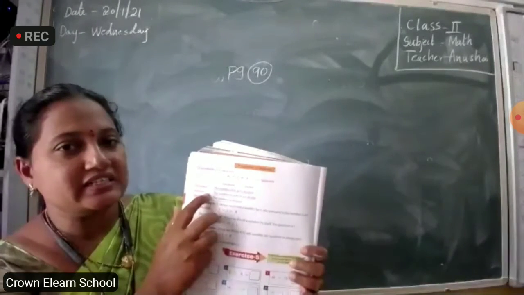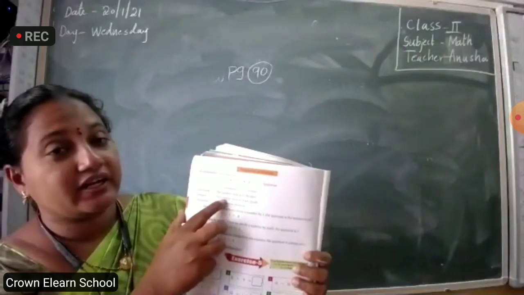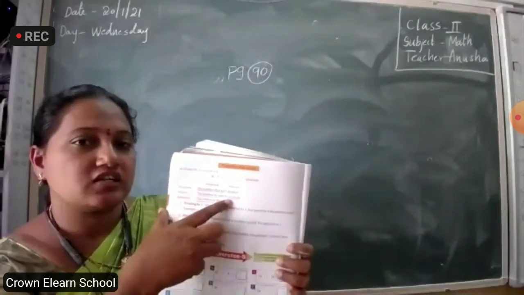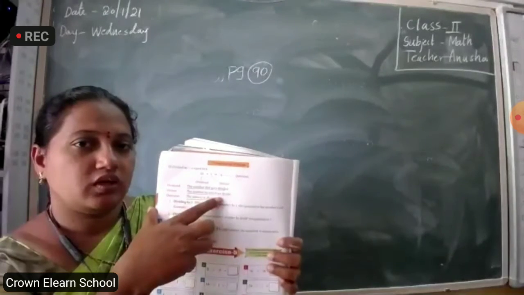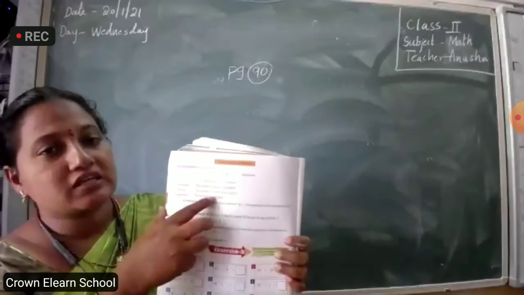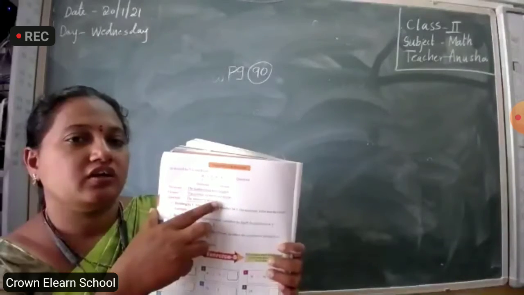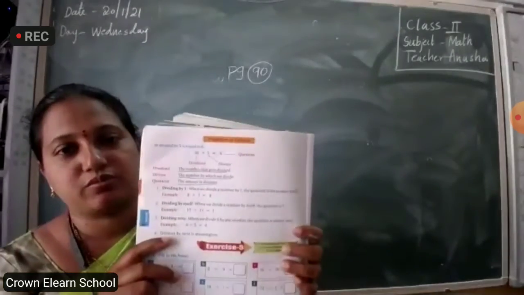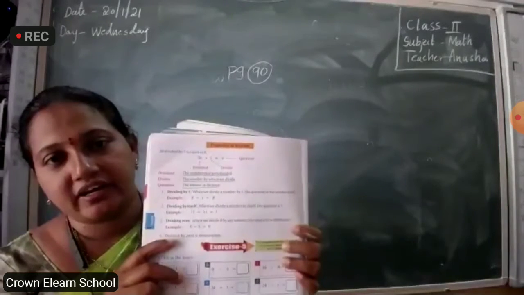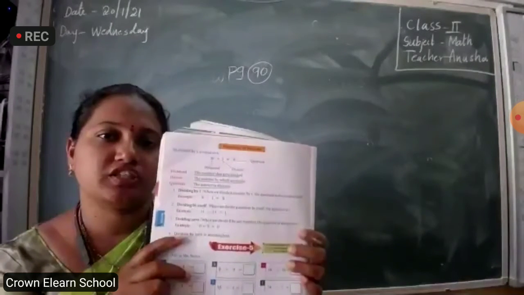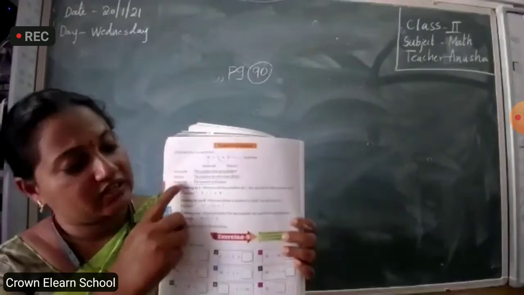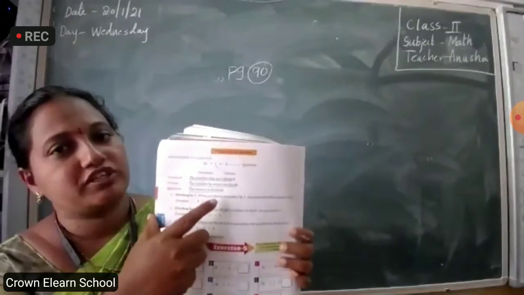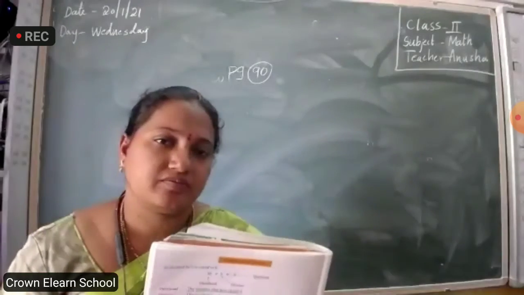Next, divisor. Divisor means the number by which we divide. Underline that sentence also. Next, coefficient: the answer in division. Underline those three sentences. Once you look at this textbook, what is dividend, what is divisor, and what is coefficient. Dividend meaning, divisor meaning, and coefficient meaning. Just underline that one.